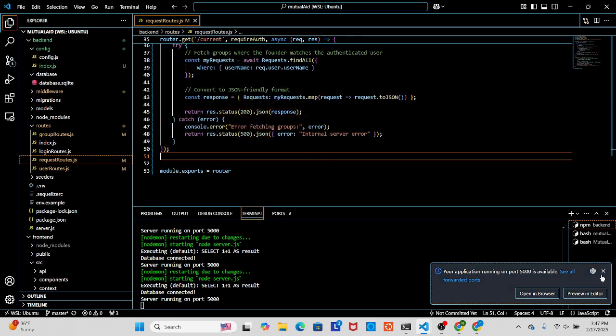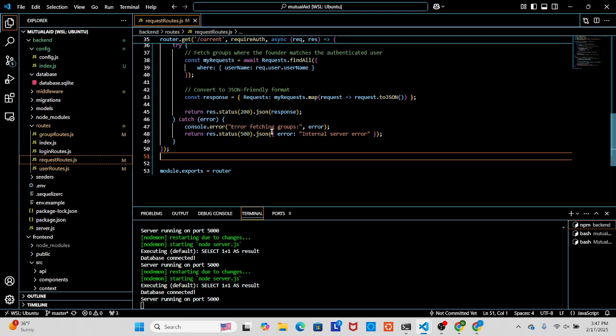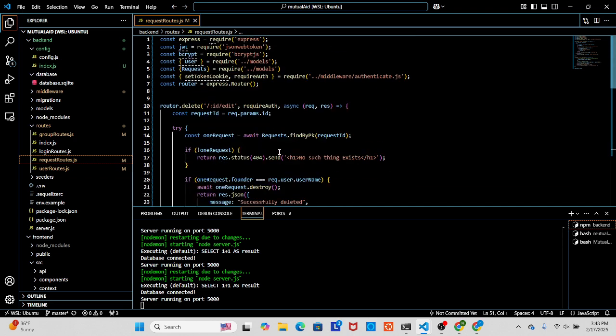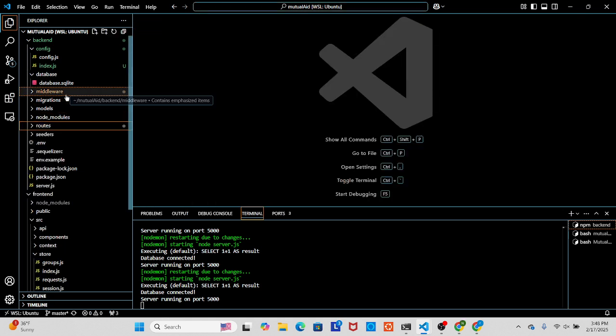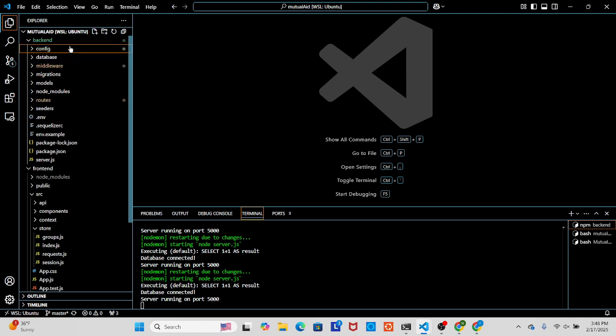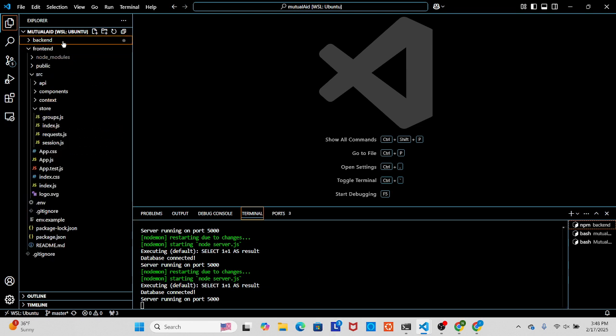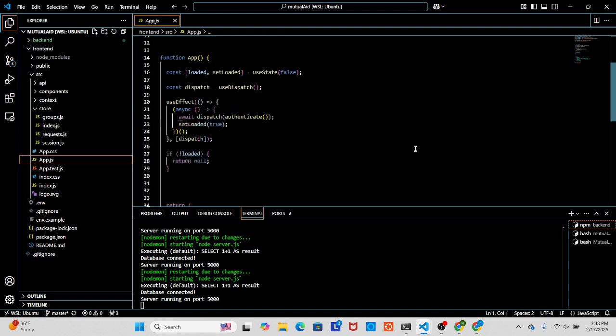Okay, so we got these things working, I think. So we got those, we got that. The backend's actually running, which is always a plus. We got that, so now we just have to